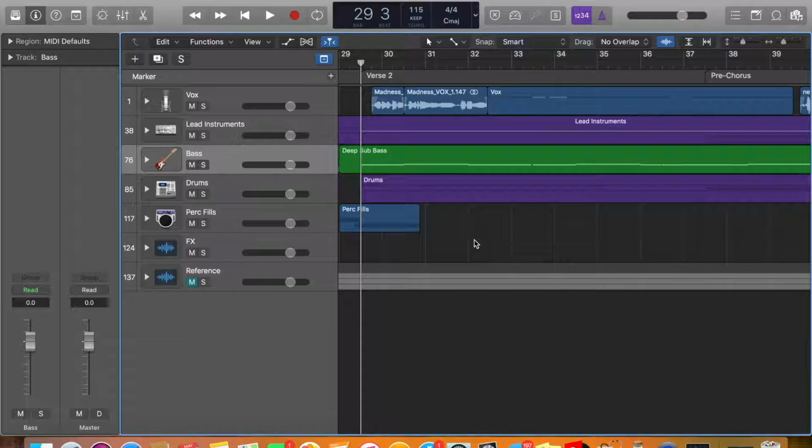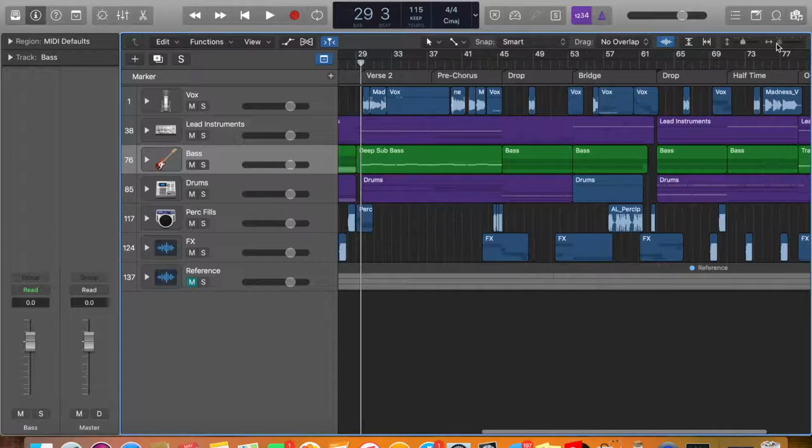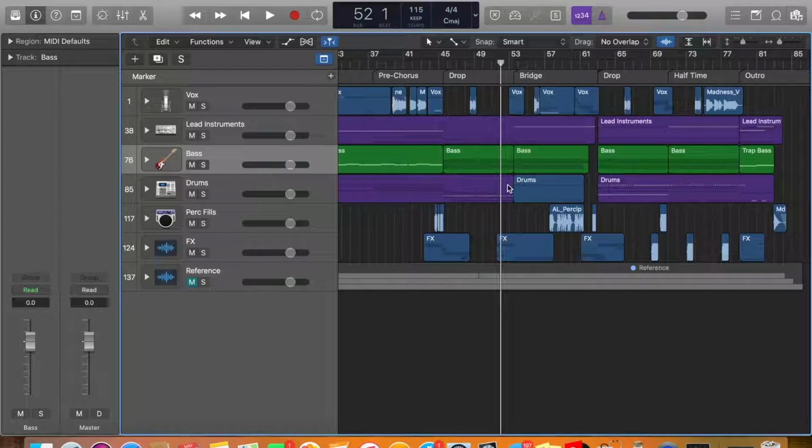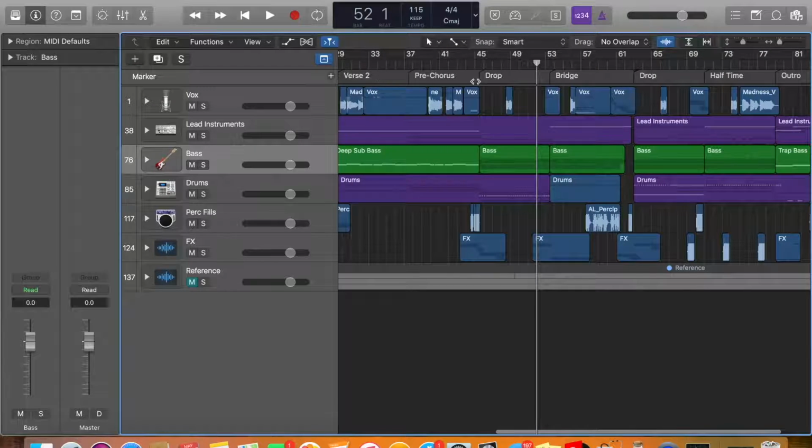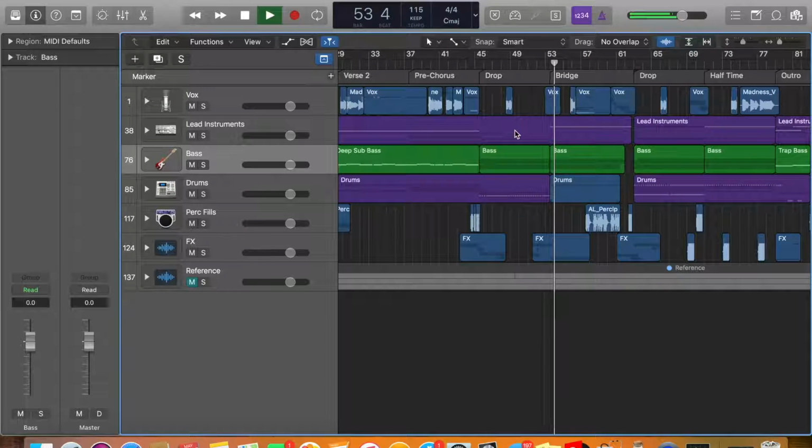Oftentimes I single out a lot of sounds. So if I like one frequency band from one instrument, I'll literally take my low end and my high end and crush it in and just take that one frequency. And that gives me a lot of space to play with a lot of different sounds. So then we have another drop, or another verse, another pre-chorus, another drop, and then we go into the bridge,